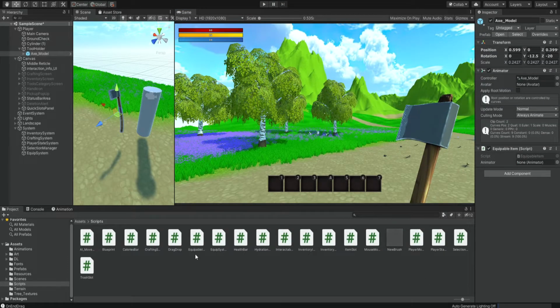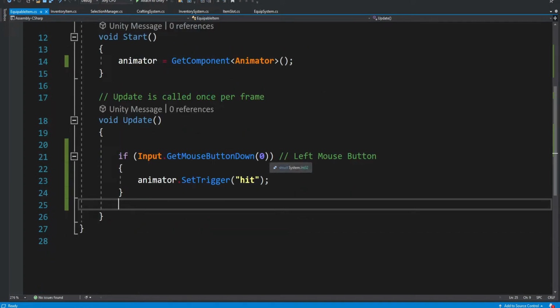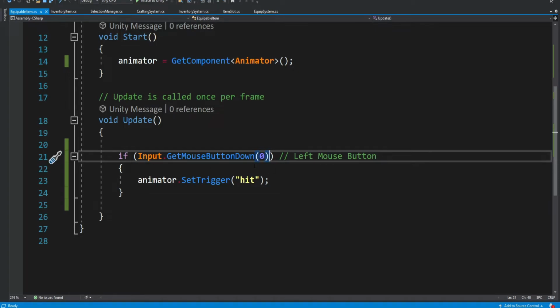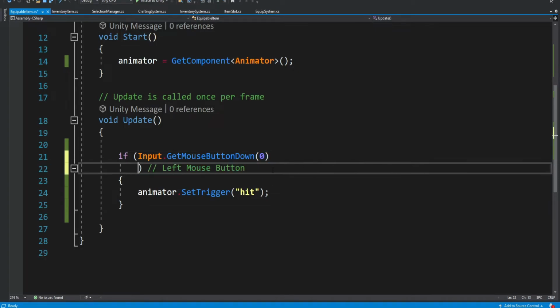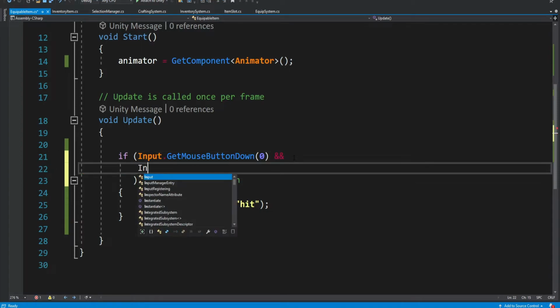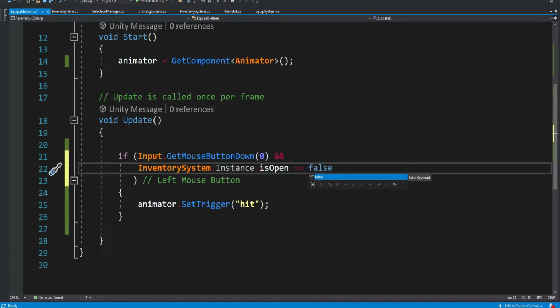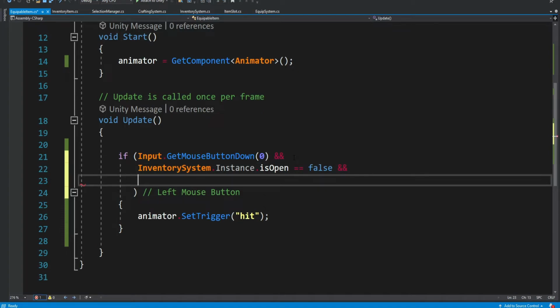So we will go back into our equipable item script. And over here, we're simply going to add a few more conditions. So if the input is left mouse button and inventory system is open, false, and crafting system instance is open, false.